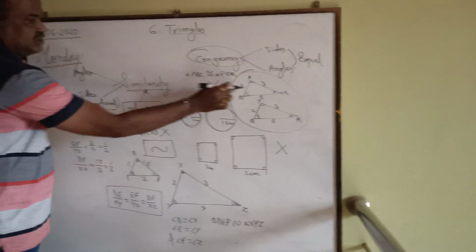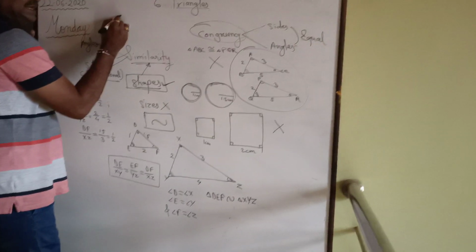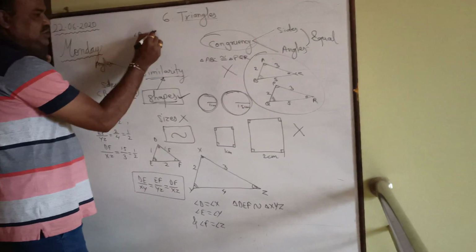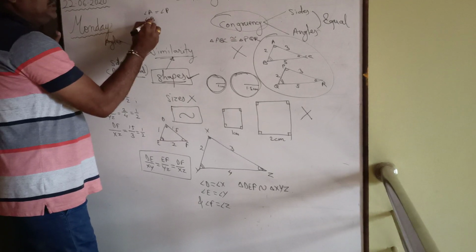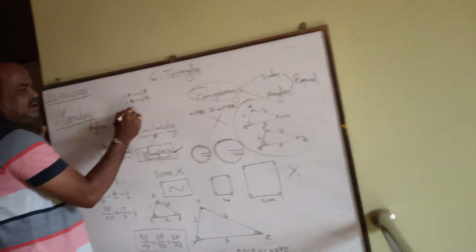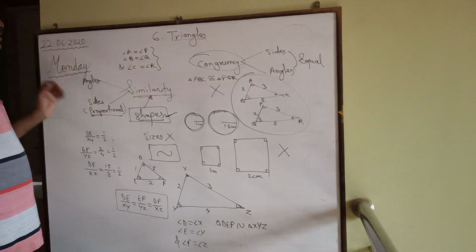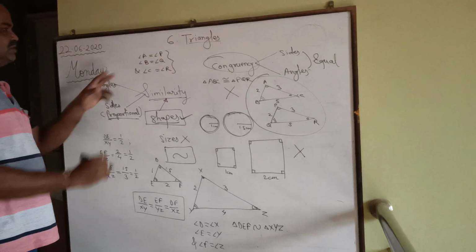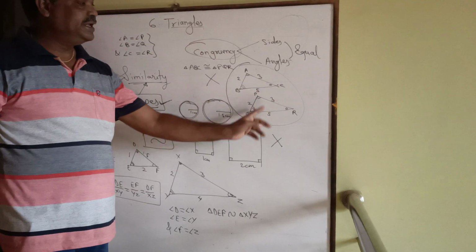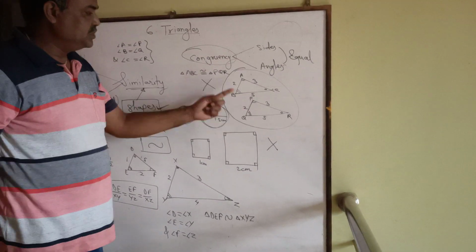Here, with these two figures which are congruent, let us see in triangle ABC and triangle PQR, angle A is equal to angle P, angle B is equal to angle Q, and angle C is equal to angle R. That means corresponding angles are equal, right? Now let us check about their corresponding sides. We will come to know that AB upon PQ means 2 upon 2.